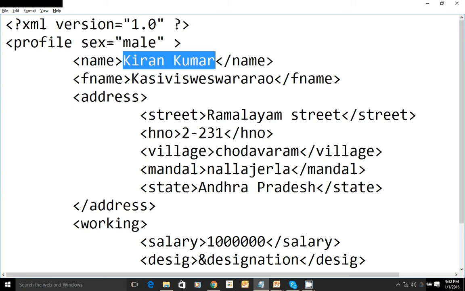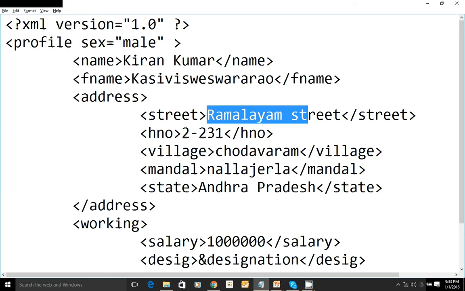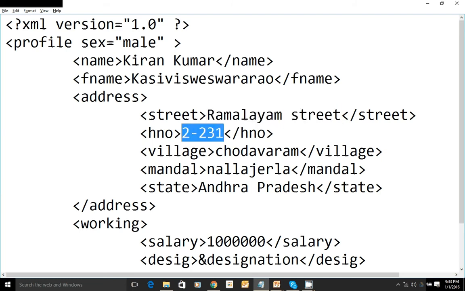PCDATA stands for parsed character data. This data is usually parsed by the parser software. A parser is a piece of software which interprets XML documents. So the data written within these elements is parsed by parser software; they can read this data and manipulate this data.